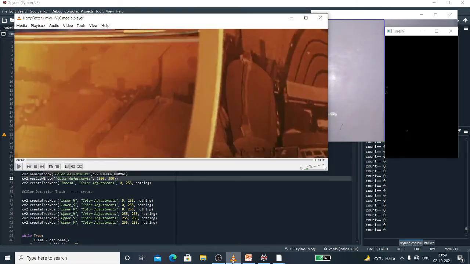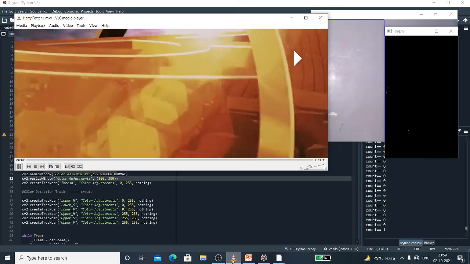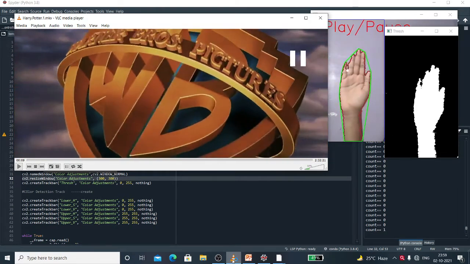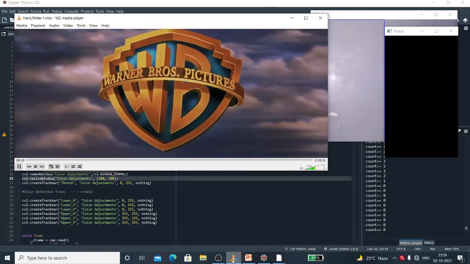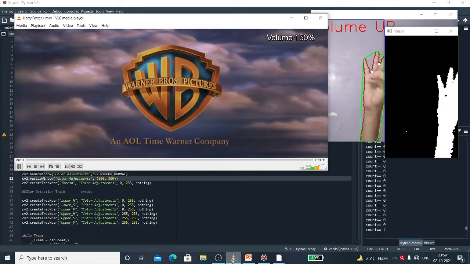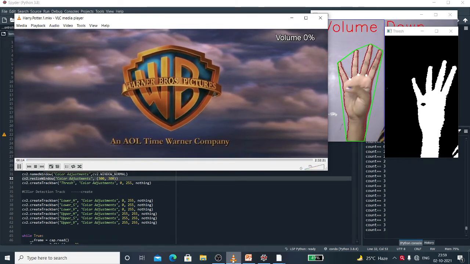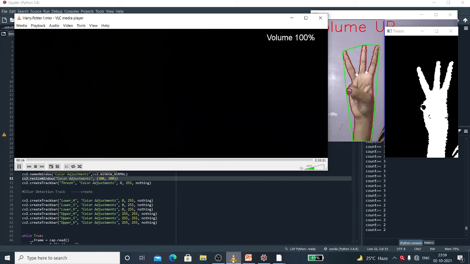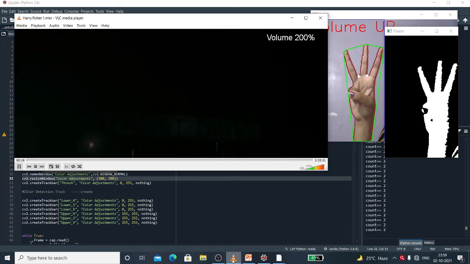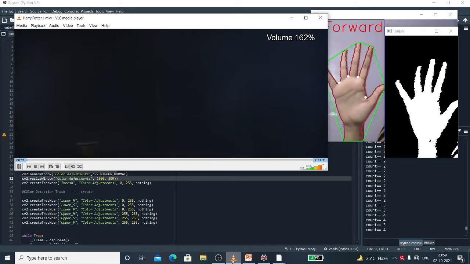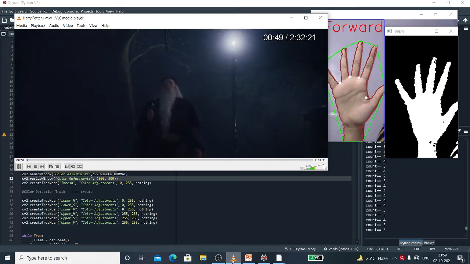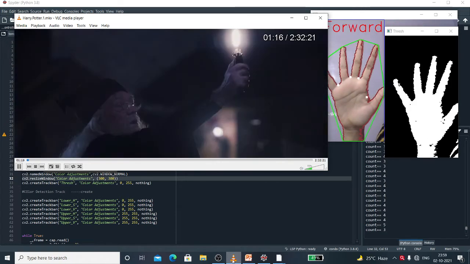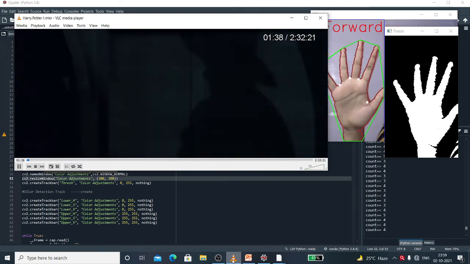My video is paused, and if I put like this, it's in play, and if I put like this, it's decreasing the volume, and if I show like this, it's increasing the volume, and it's forwarding the video, as you can see.